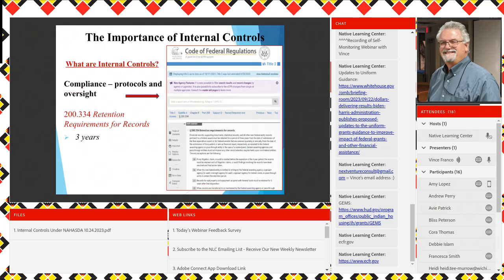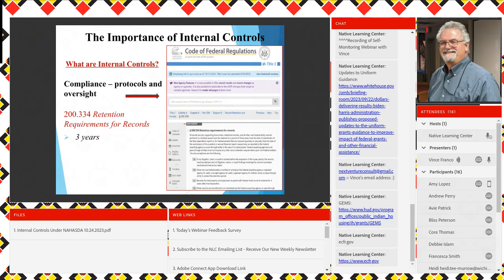Okay. What are internal controls? Here's the third area, compliance, the protocols and the oversight. Compliance overlaps into everything. So you've got to have good compliance protocols as part of your internal controls, right? Here's just an example where I have a little bit of discrepancy with what's stated in the federal regulations. Internal controls, as if you meet the letter of the law, the uniform guidance, 2 CFR Part 200.334